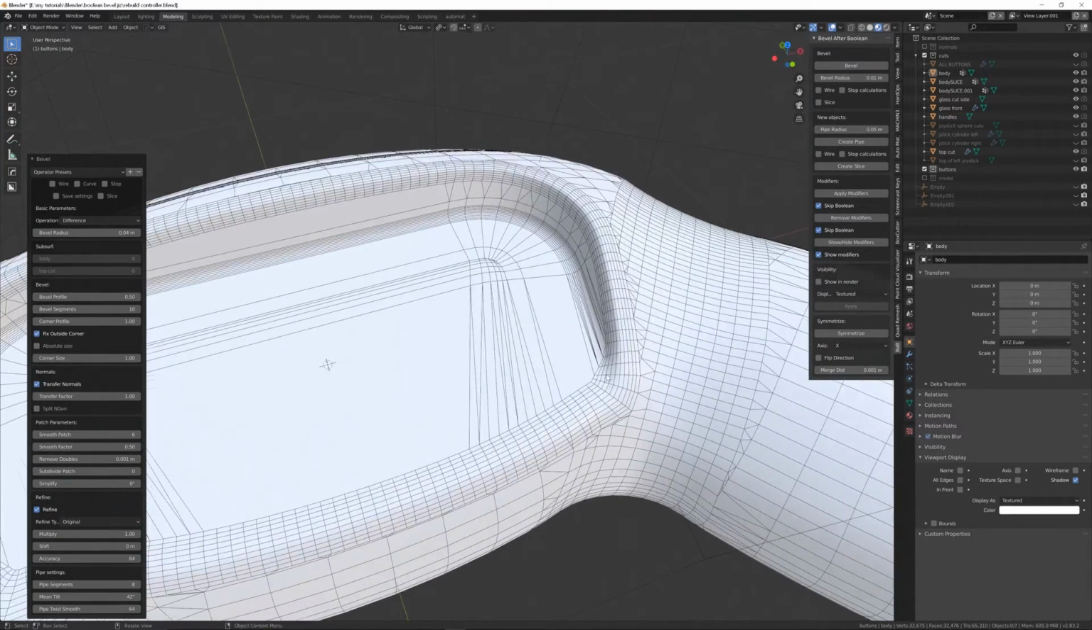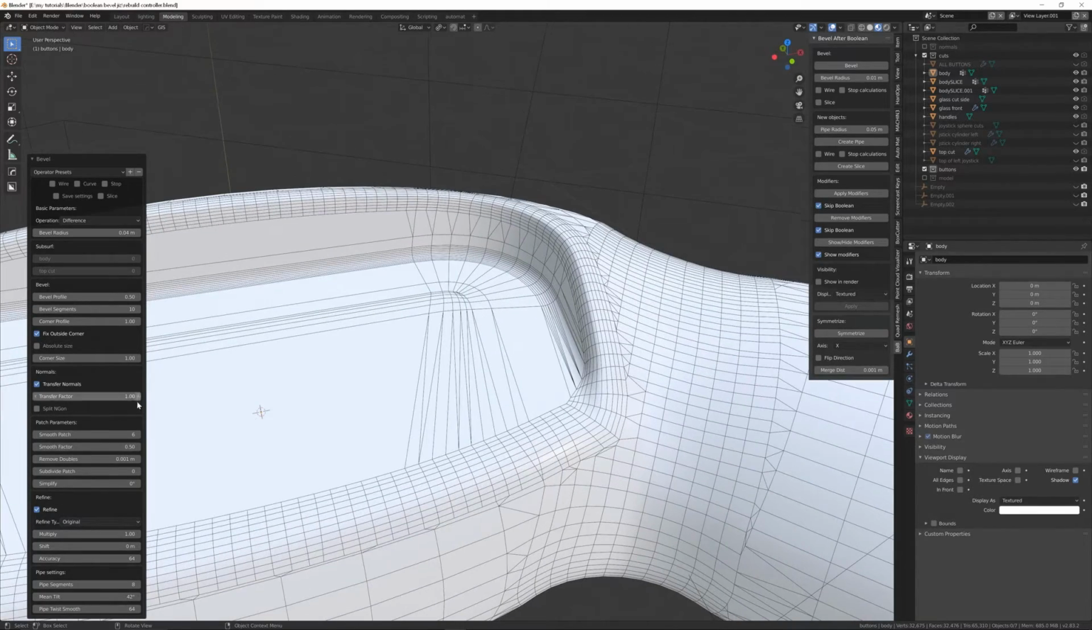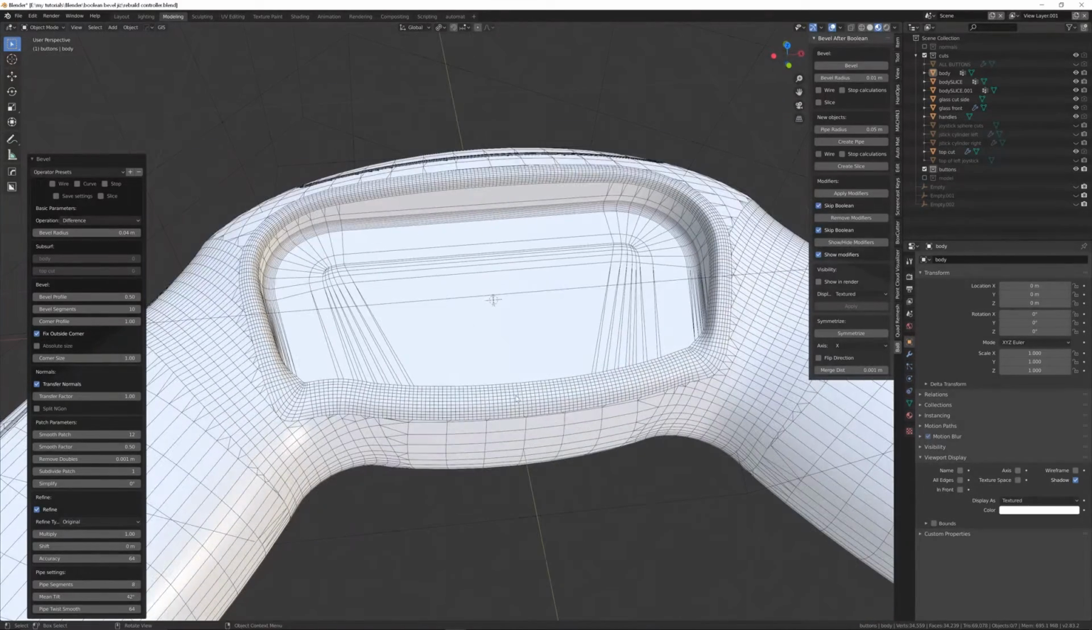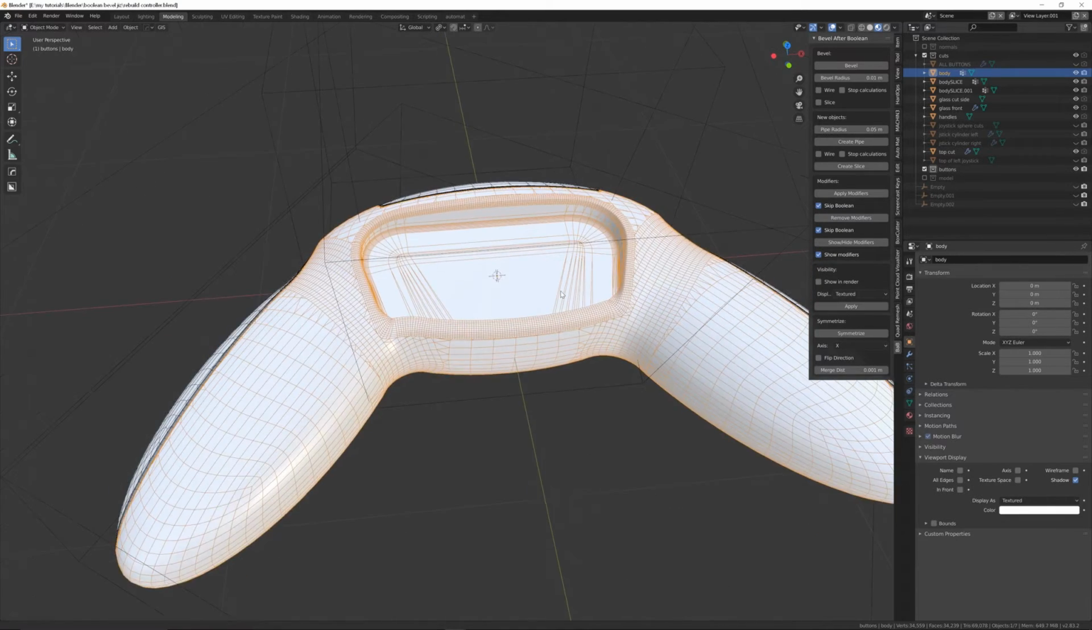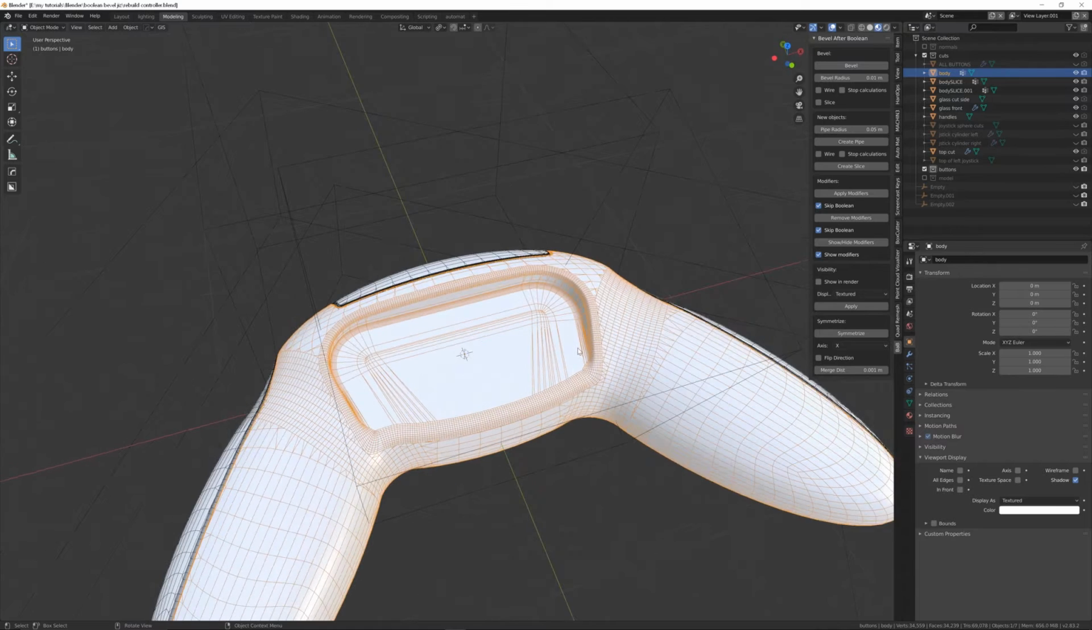I think that's fine. So let's maybe just turn the subdivisions up a little bit, maybe 1. Let's see if we can push that up to about 12. Yeah, I think that's fine. So click on there to apply that, and the next one then that I want to apply is the hole